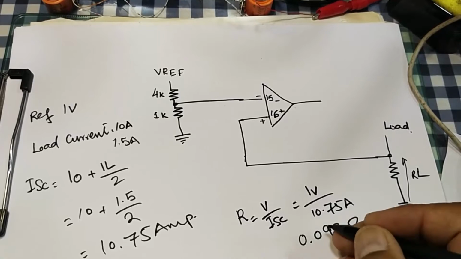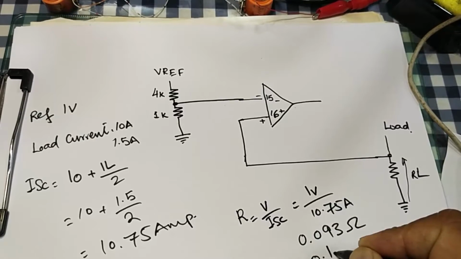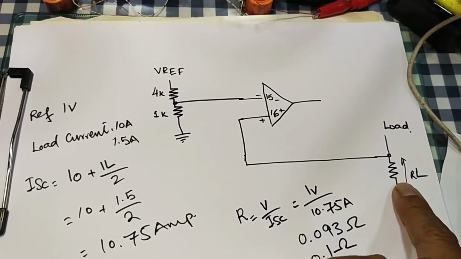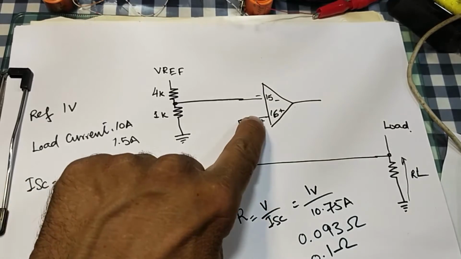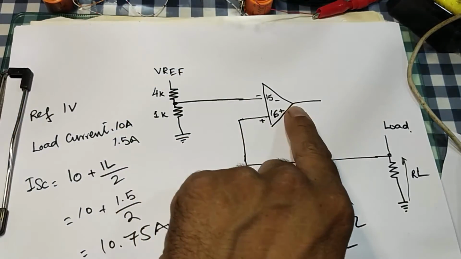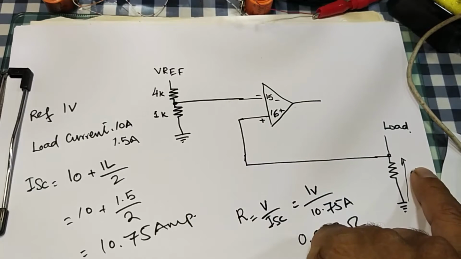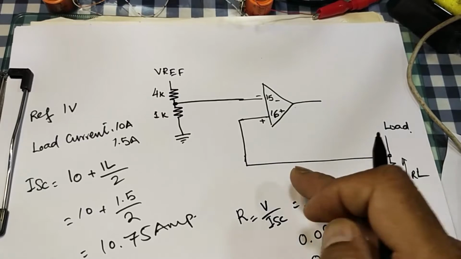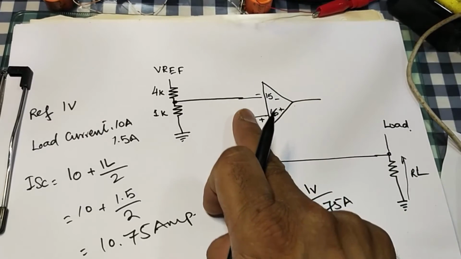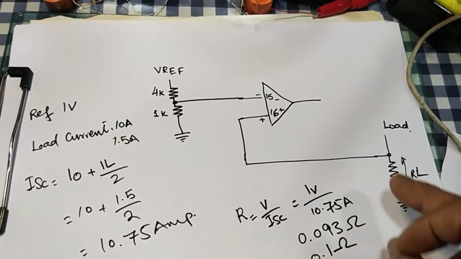0.093 ohms. So we can select the next closest value, that is 0.1 ohm. When a current flows above 10 ampere, it will provide 1 volt, which will equal this 1 volt, and at the same time this error amplifier will stop the switching of the IC. When the current increases to a specific point, it will provide short circuit protection to